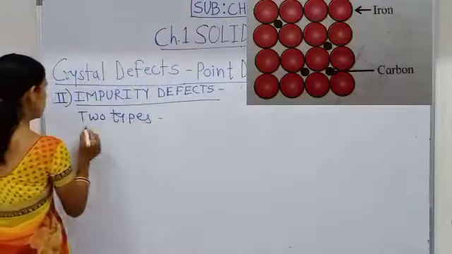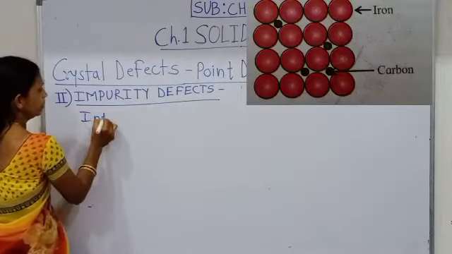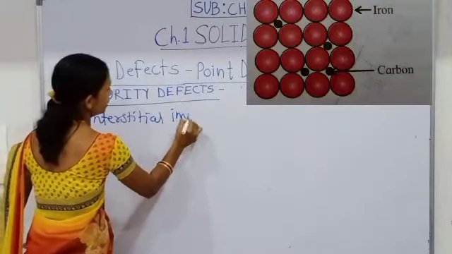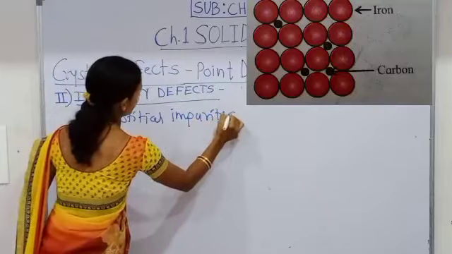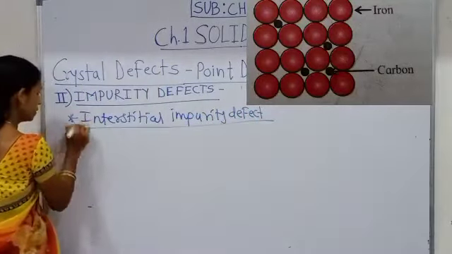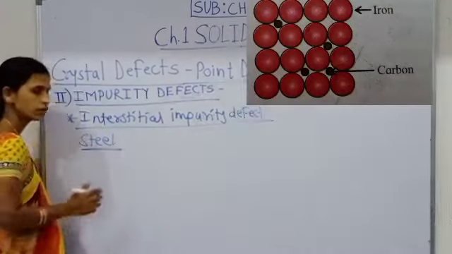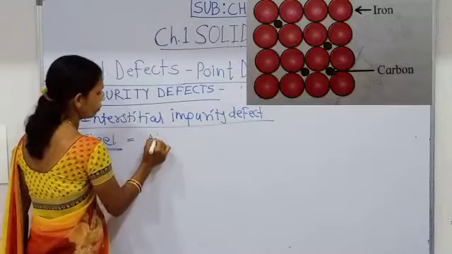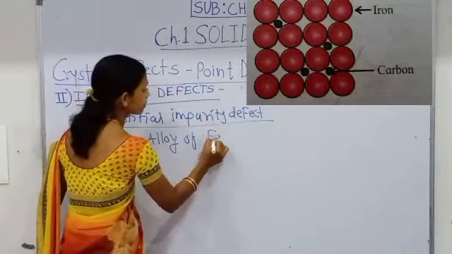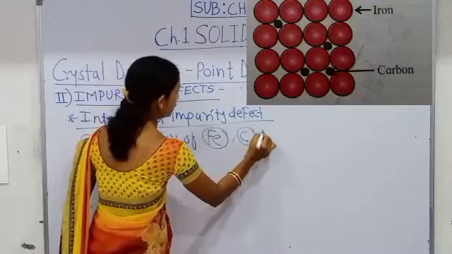For example, one of the alloys, that is steel, is an alloy of iron, carbon, nickel